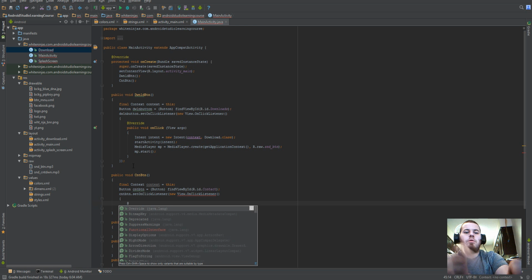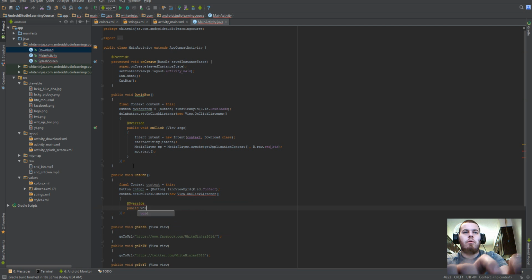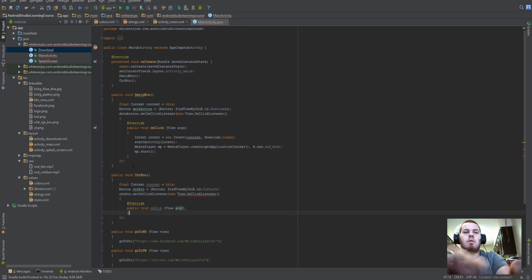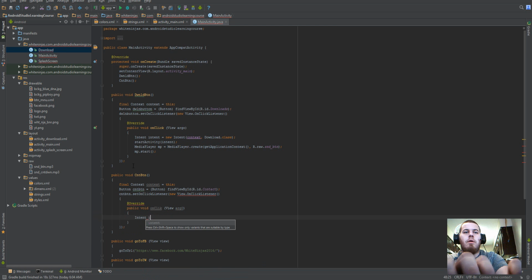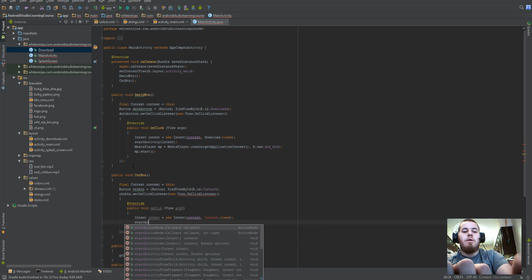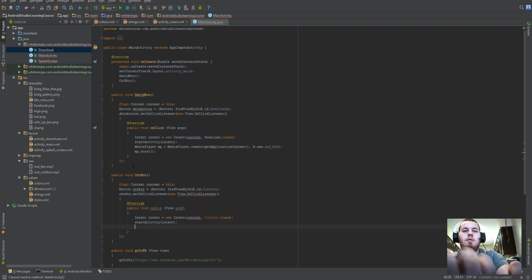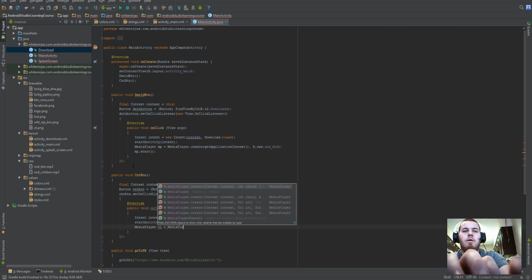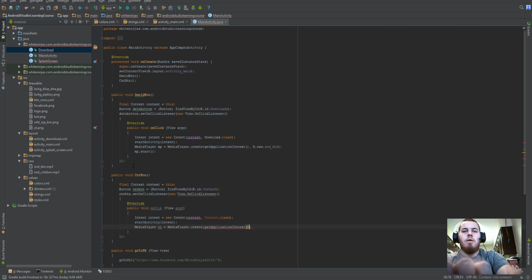Alright, so now we're going to throw in our override statement, and a public void onClick. I'm going to view arg0 and open this up. Now we're going to put our intent values in there. Intent equals new Intent, context, contact.class, startActivity intent. And let's go ahead and put our media player in there, shall we? Get application context, referencing our raw file, button,